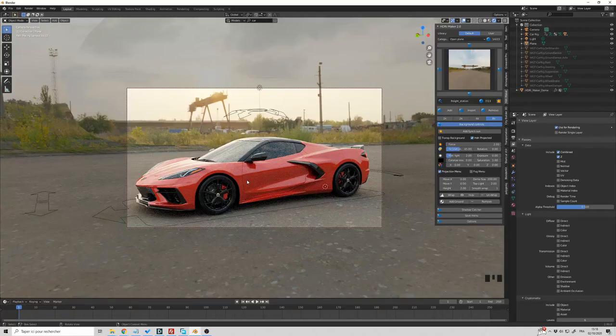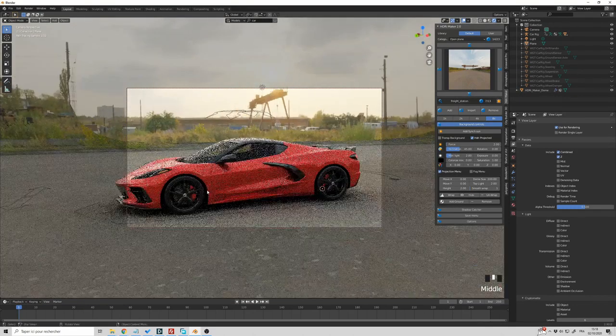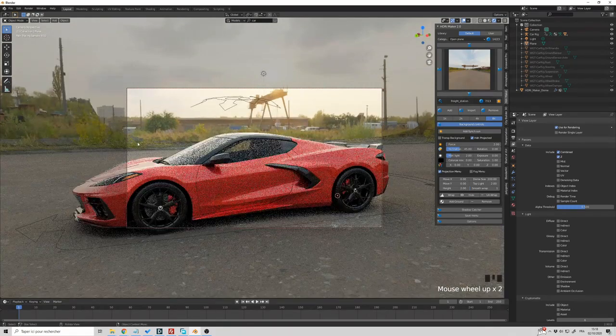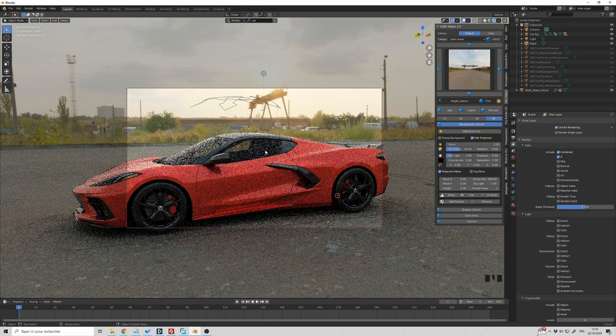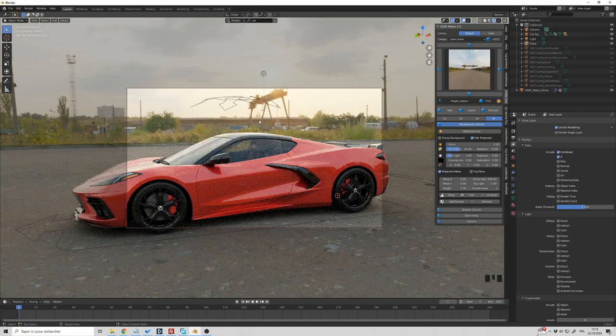And depending on the angle of your camera, you might face the same issue as me. Here, for example, you can see that the dome is too small because I can see the difference between the real HDRI and the dome created. So to fix that, you can lower the size of the dome, or you can raise the size. For me, it's working better when I raise the size. So I go, for example, to 280 for the size of the dome. And now you see that the issue is fixed. We don't have this overlapping issue.